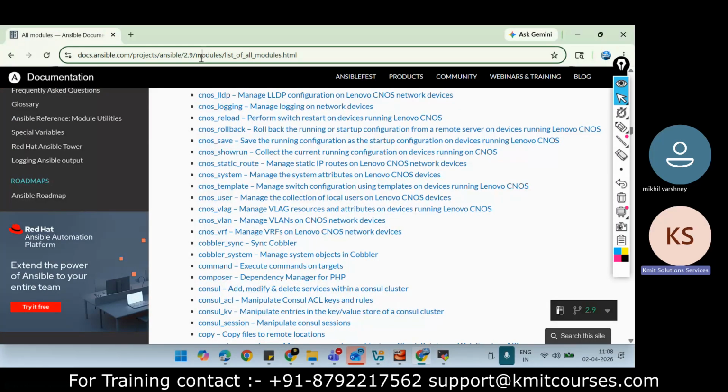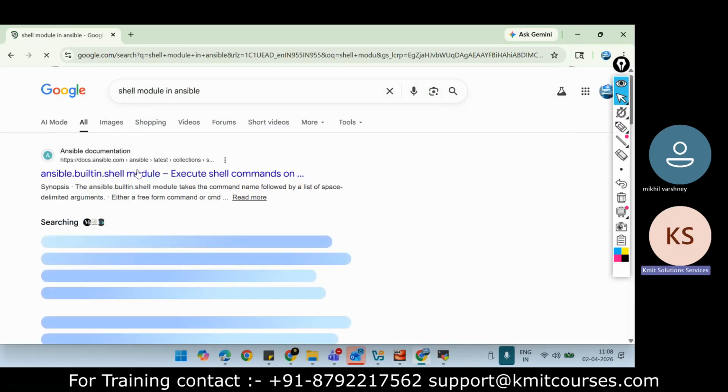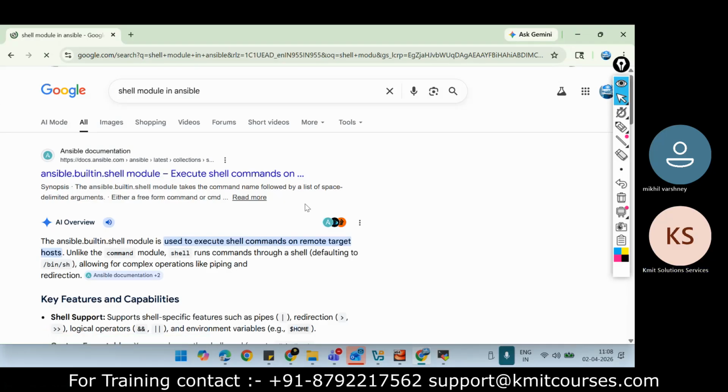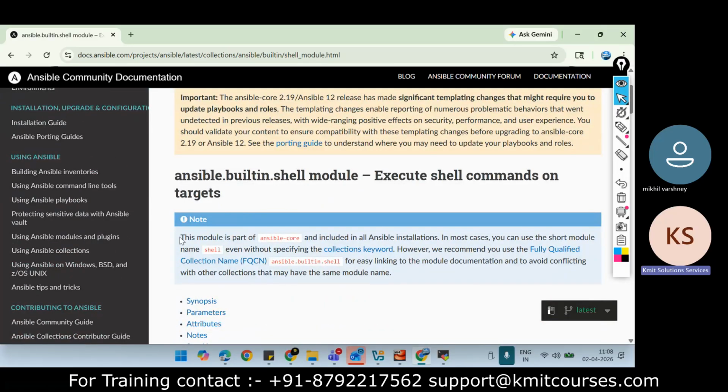If I search for shell module in Ansible, this is a built-in module. Here you can see what the shell module is. This module is a part of the Ansible core and included in all Ansible installations. In most cases, you can use the short module name shell even without specifying the collection keyword. So you need not mention ansible.builtin.shell. Only shell you can write, right?